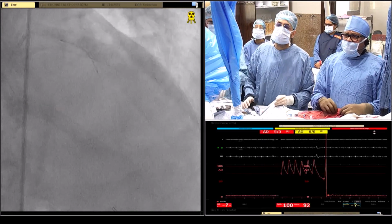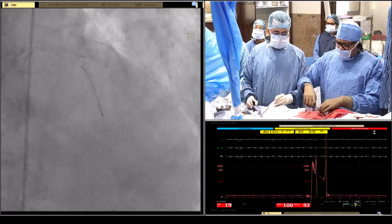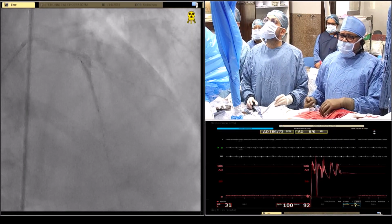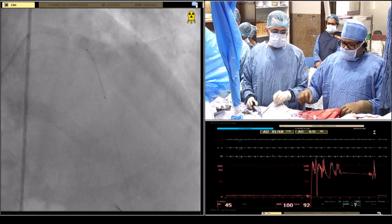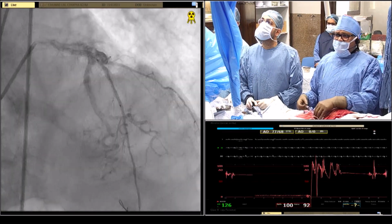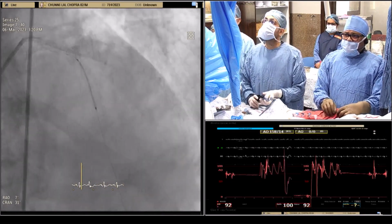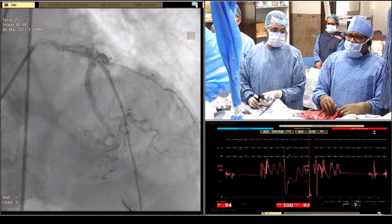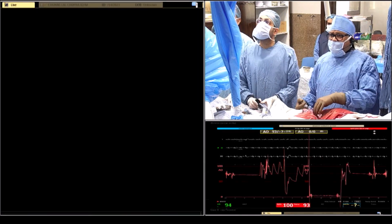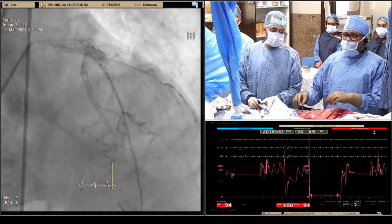We are trying to push it across the distal LAD, and there is no difficulty in pushing the stent across. You can now very well appreciate the aneurysmal segment, which is well appreciated over here. And to avoid the double layer of the stent, let me push it somewhat further, and let's see. So this is what